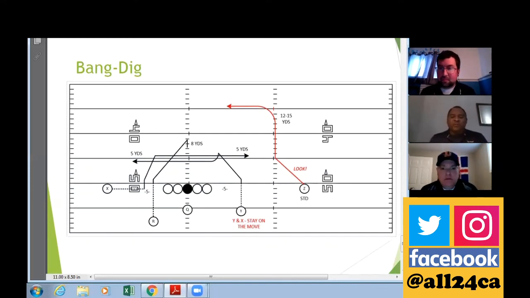So when you go back to your sort of fence and mesh concept, and you have stay on the move guys, what do you tell them when they clear the box and they're coming across? What depth do they go once they get across? Do they just feel it, or do they climb? What do they do when they cross the box and stay on the move? We have them keep it flat. Stay at your depth of 5. Now, again, that's something